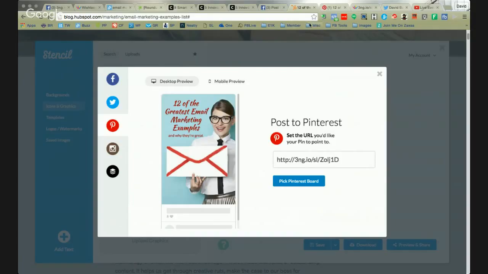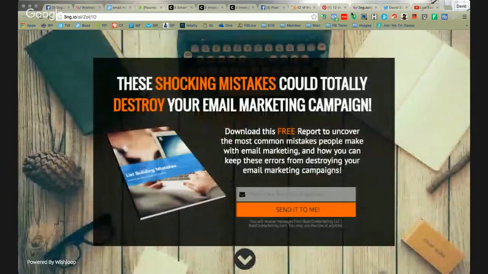So I'll add one more thing just so you're aware. When I do this, I include a disclaimer right here. It says, you will receive messages from Baer on Marketing LLC, and then I have my website. You may unsubscribe at any time. So I'm clear about the fact, where it's coming from, that they can unsubscribe and all of that. I don't want to hide that. Obviously, it's small text, because the point is not to draw too much attention to it, but I want to make sure that I include a disclaimer there as well. So that's basically the structure of all this.